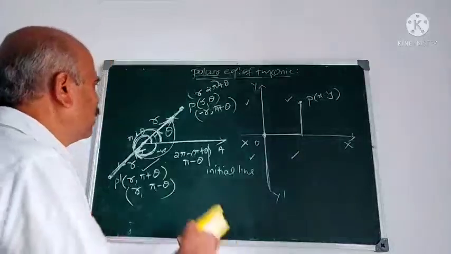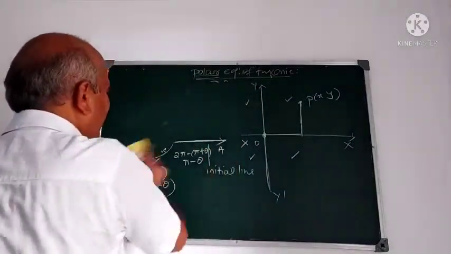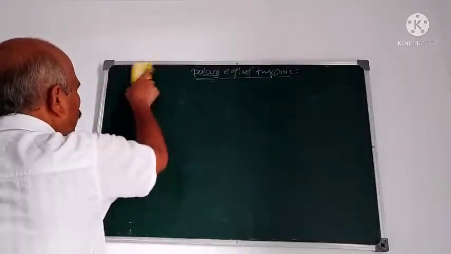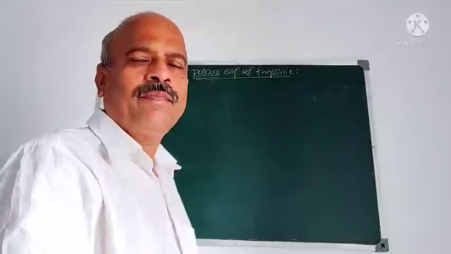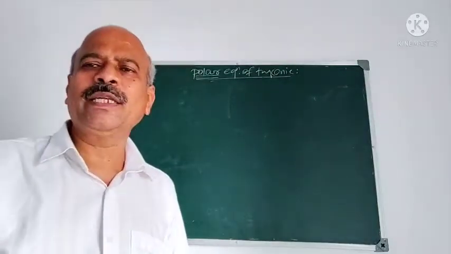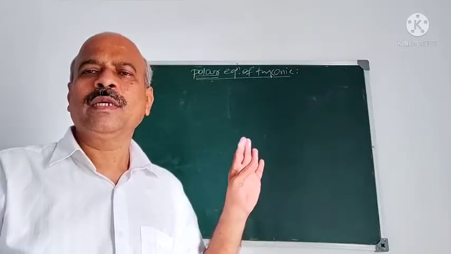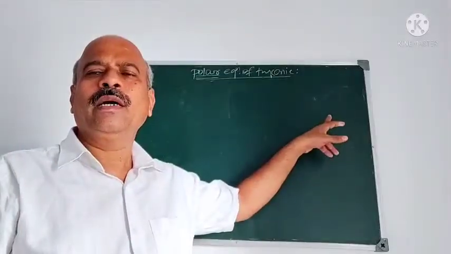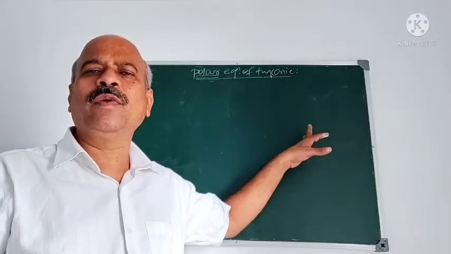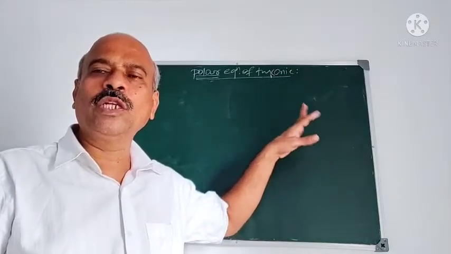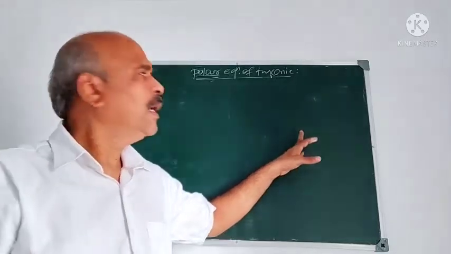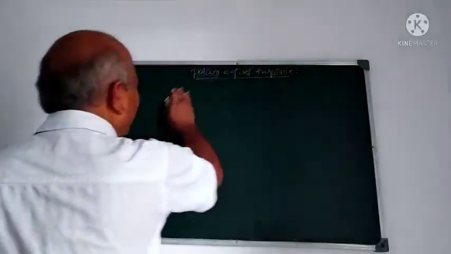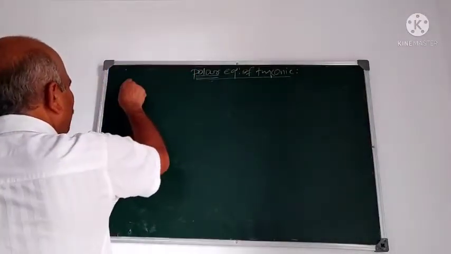I hope all of you followed this one. You go through it again. If you have any queries or difficulties, feel free to ask at any time about the coordinates. So I explained what a conic section is, and geometrically, that means analytically, how do you define a conic section? It is defined as the locus of a point, and we saw the polar coordinates of a point. Now we derive the polar equation of the conic.